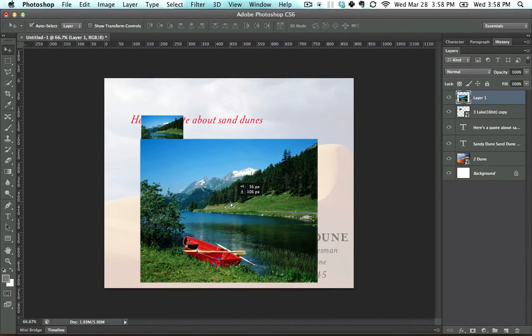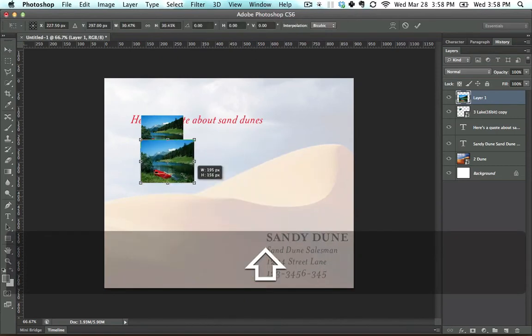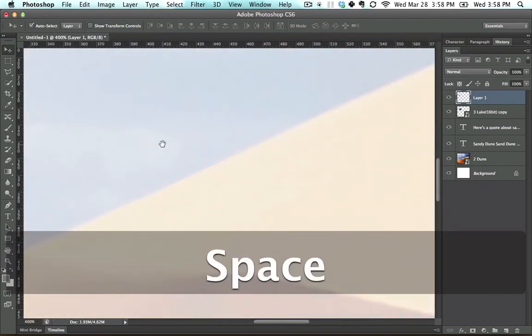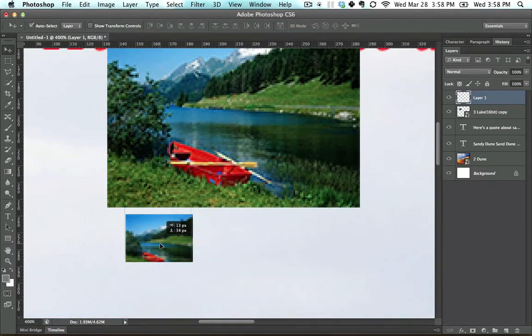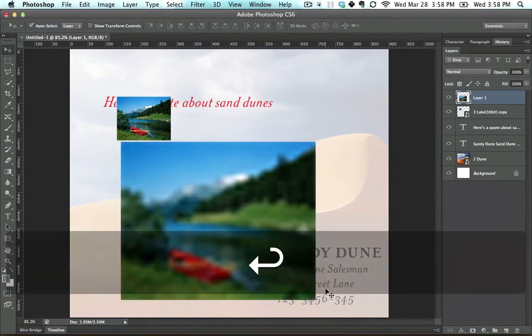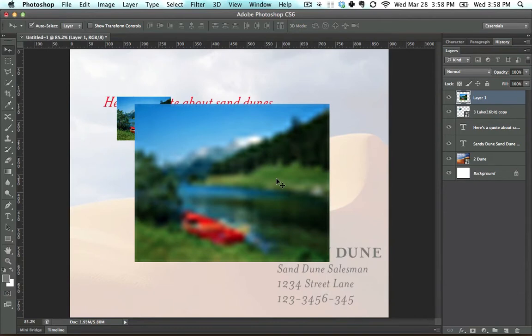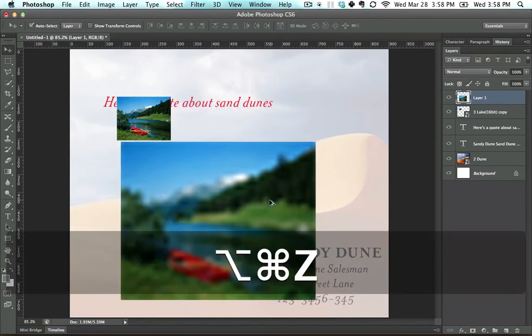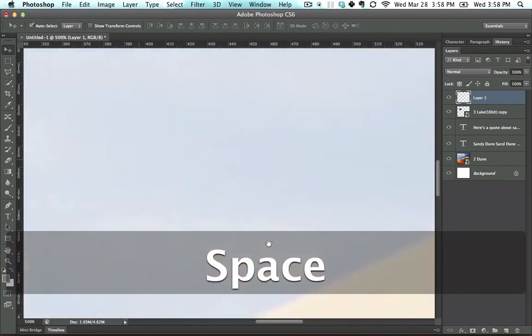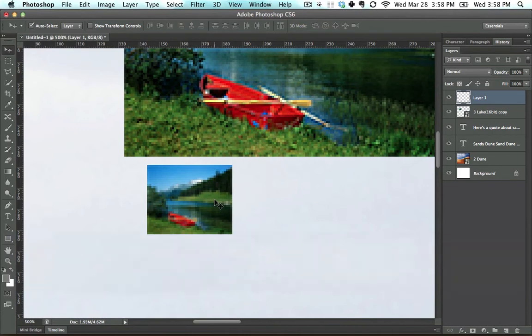Now, if I decrease the size of this image, Control T to transform, decrease the size of this right here, and let's zoom in right here, and we can see that we don't have a lot of pixel information. And now I increase the size of it, Control T, and then increase it right there. You'll notice that instead of increasing it and getting all that information back, we've lost all that information. It was using this tiny bit of information right here in order to tell us what the big version is,